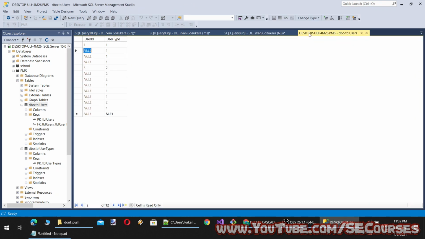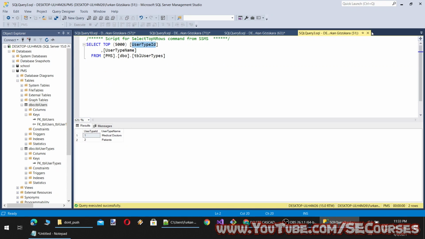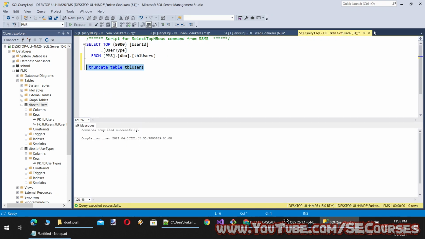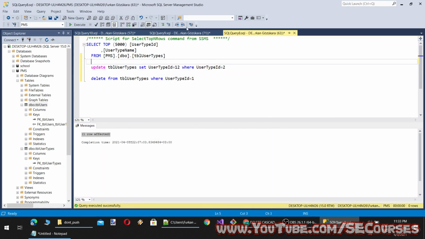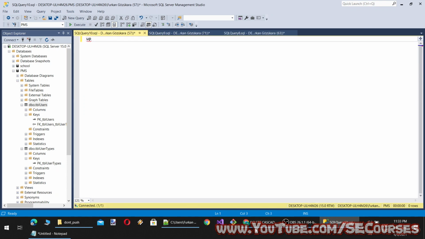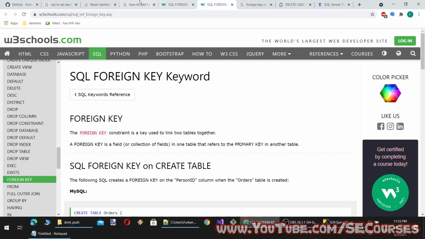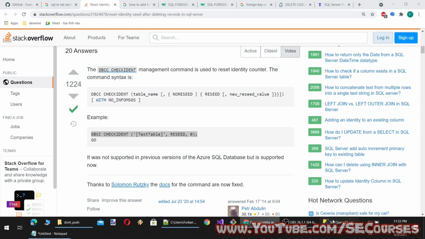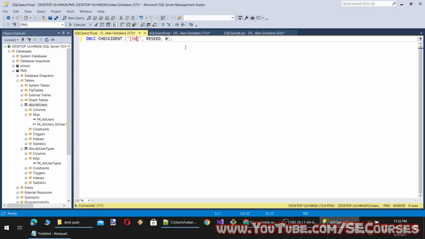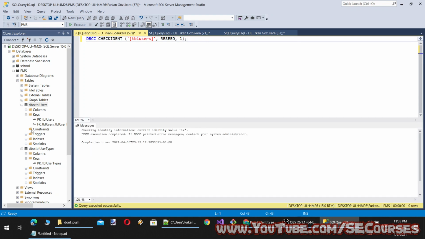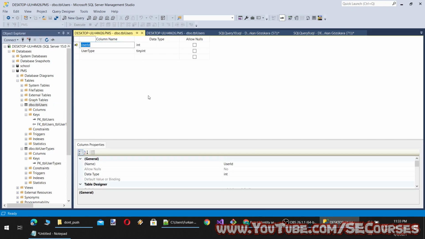Okay, I'm going to close this. Okay, looks like we have deleted the truncate command. Oh, it was here. Okay. You see, it is saying that the current identity value was 12. Now it is reset to 1. Okay, let's design the table.